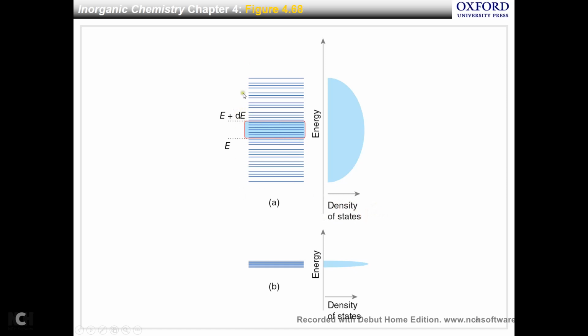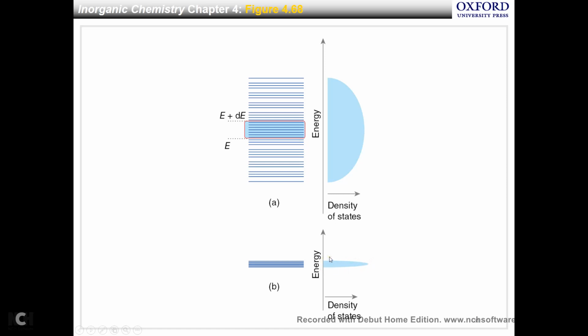Usually when we look at a band, on the edges you have smaller density, and in the middle you have a higher density of states. So in this case, we have a small energy range for this band. We have fairly large density in the middle, fairly small density of states on the edges, the lower edge and